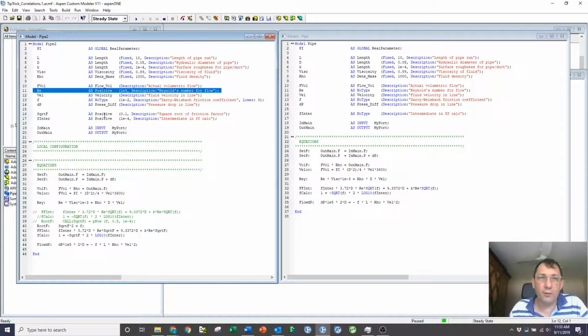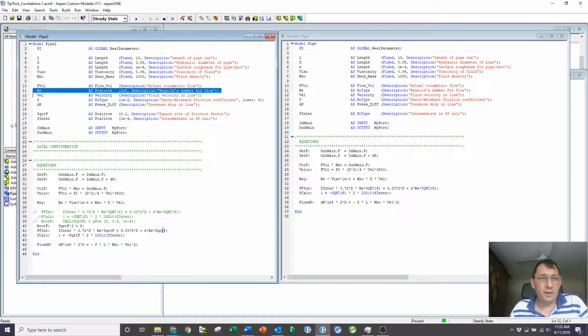Square root of f I've also made positive, and f inter I've made positive. I'll come to that in a second. And f I've left as a no type. Since I've made this a positive with a lower bound of 10 to the minus 9, this is a potential 10 to the minus 18. I'm going to set it to a lower bound of 0 just to give it a little bit more wiggle room. No real magic to it. It's a bit of art as well as a bit of science in here.